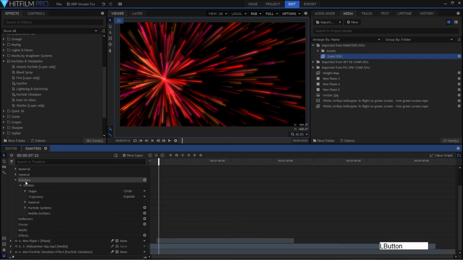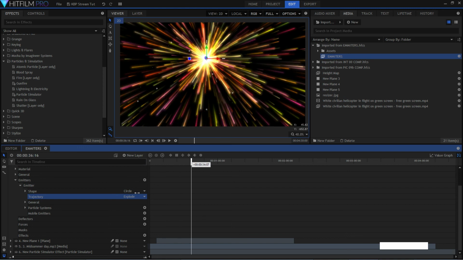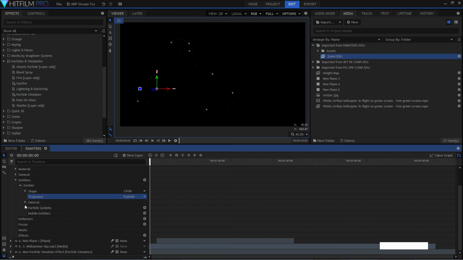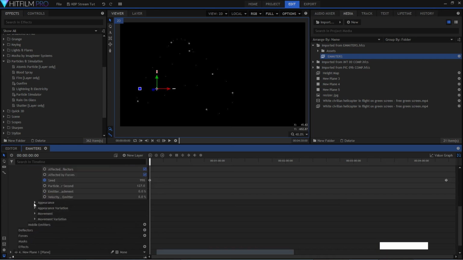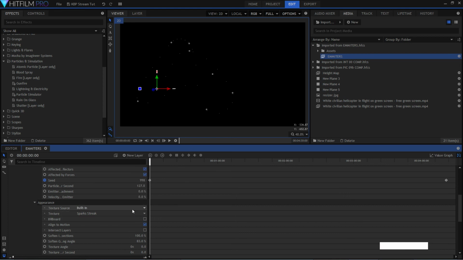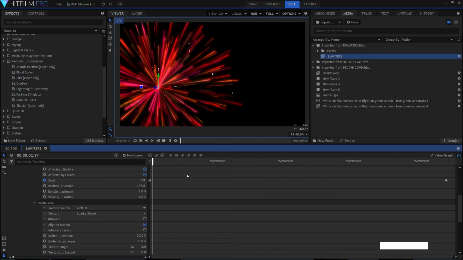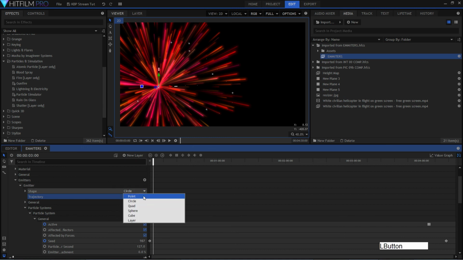Explosion, and those are the paths, obviously, for the transform points. It's an exploding circle of these, and what it's generating, again, is particles. The particles it's actually generating are, if I go down here, spark streak. So it's basically a line, but because I'm doing it radially, if I was to change it to a cone, to a cone,